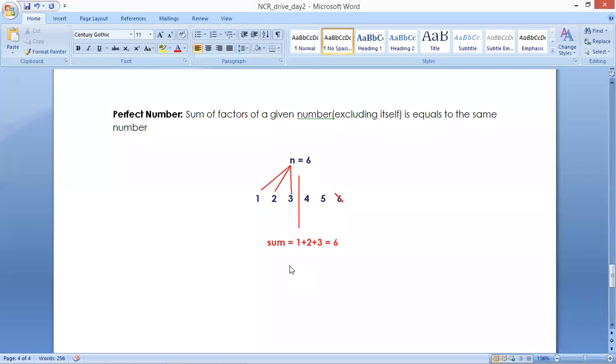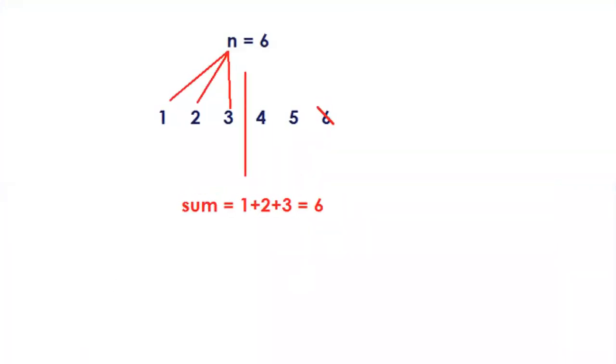Perfect number, whenever they input one number, we need to find how many factors are present. N is divisible by 1 or not. N is divisible by 2 or not. N is divisible by 3 or not. Here it is up to n by 2 only you can find the factors. Later you can find only one factor if you think logically. But anyway, now no need to check with itself.